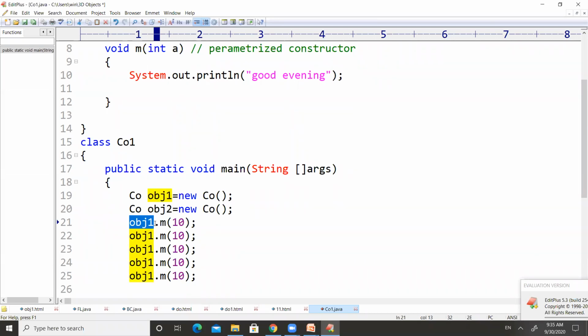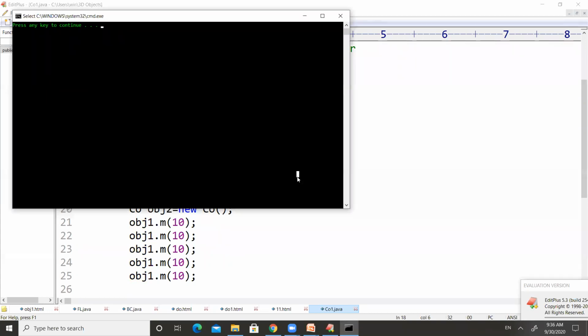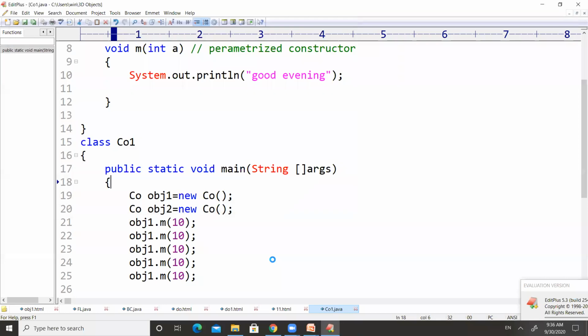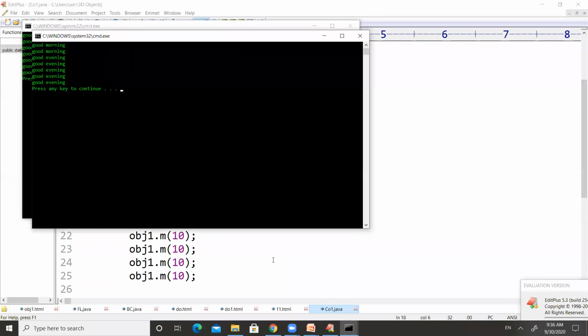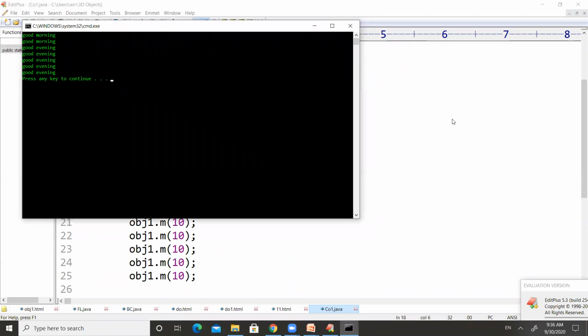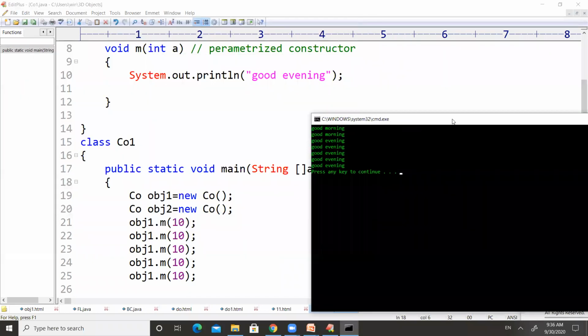Let us compile this first, and then execute it. It is compiled successfully. Now let us execute the code and see the output. If you see the output, it has printed good morning once, and 5 times it has printed good evening.